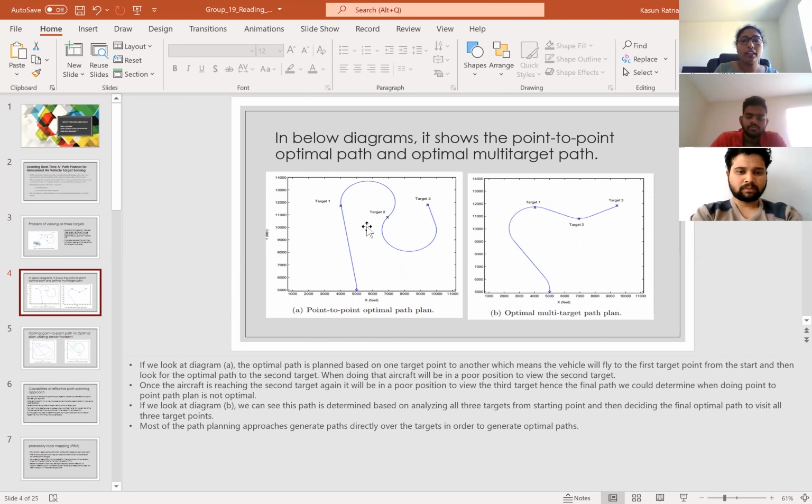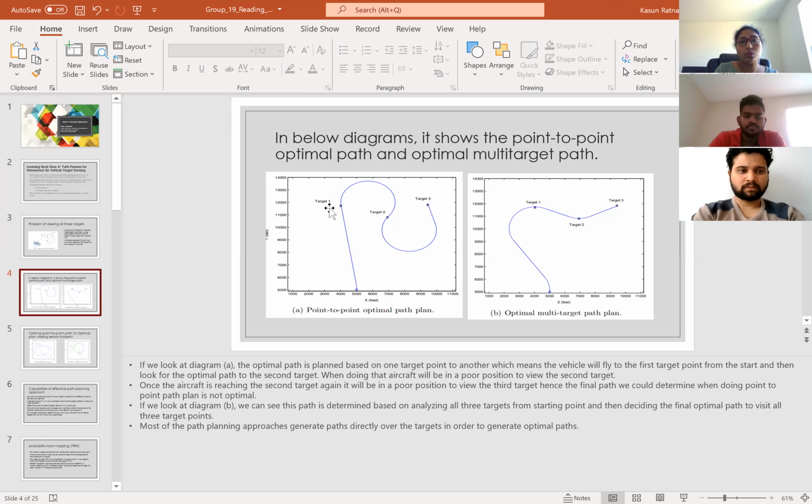That means the vehicle flies from the start to the first target point, and then looks for the optimal path to the second target once it has reached the first target. Once the aircraft reaches the second target, again it will be in a poor position to view the second target, because in this diagram target 1 is in a little higher position and target 2 is lower. So in order to get the correct